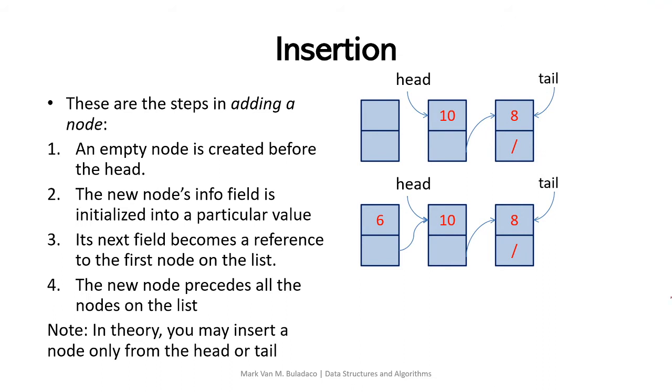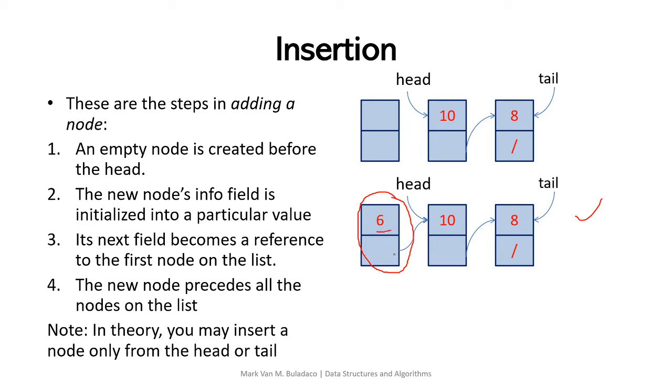You can add a node before the list, before the head, or after the tail. So again, an empty node is created here before the head. You can also add here after the tail. It depends on the operations that you are executing. In this case, we are adding a node before the head, and it is initialized with a value which